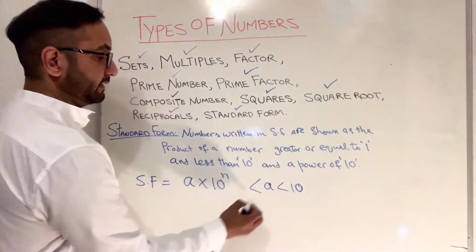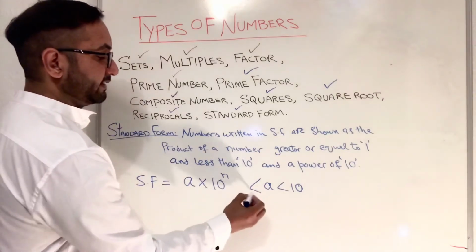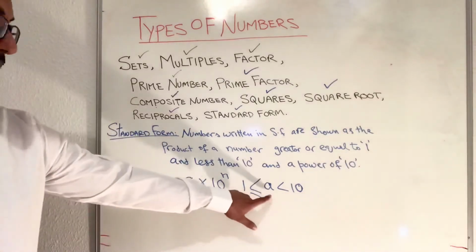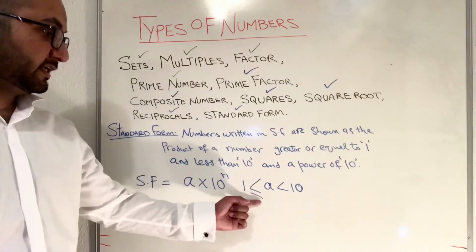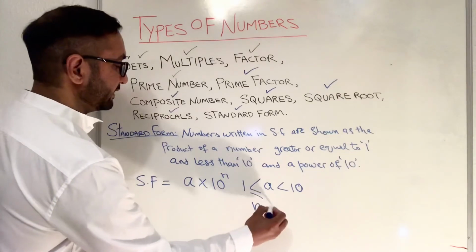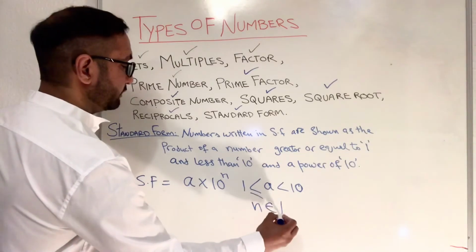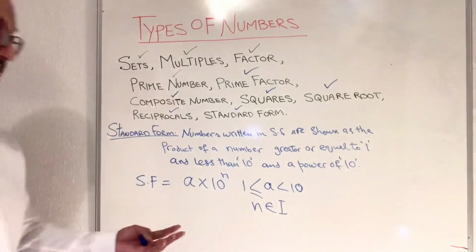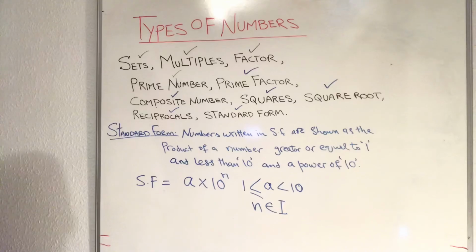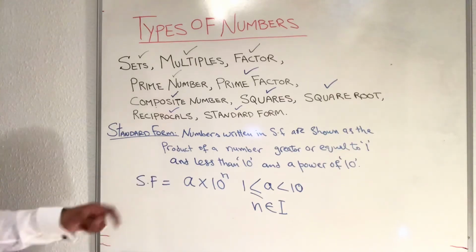But that number is greater than or equal to 1. These are the inequality signs we use, and n belongs to the set of integers. An integer could be positive or negative. So now everything is covered in here. So the types of number. For example,